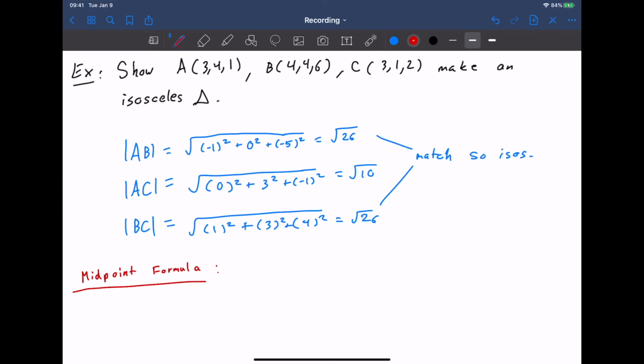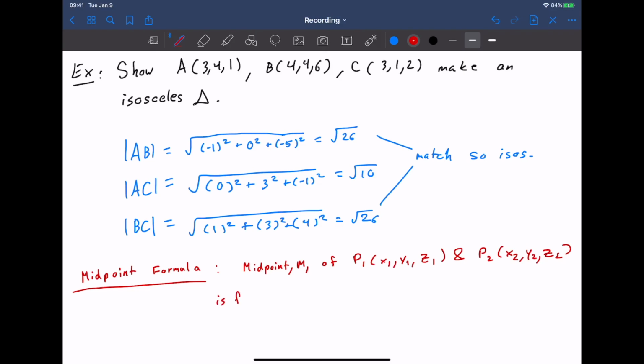The midpoint, and we'll use the letter M, of P1 at X1, Y1, Z1, and P2, X2, Y2, Z2